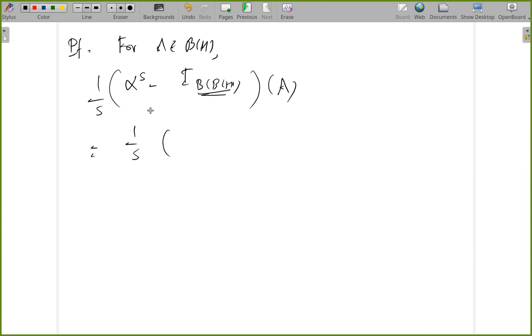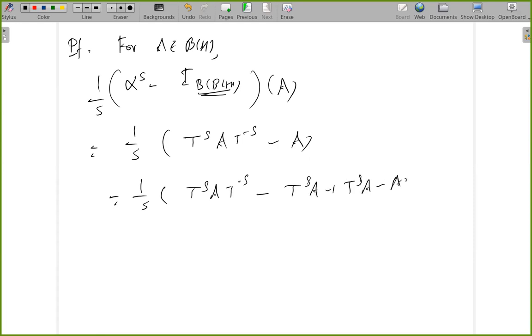Now I'll look at the definition. What is alpha S of A? It is T to the S, A, T to the minus S, minus A. This is just the identity operator, which takes A to itself. Then I'll do a telescoping, same proof as the product rule for differentiation. So minus, what do I want to consider? T to the S A plus T to the S A minus A. So here I have 1 over S, T to the S A, T to the minus S minus identity, plus 1 over S